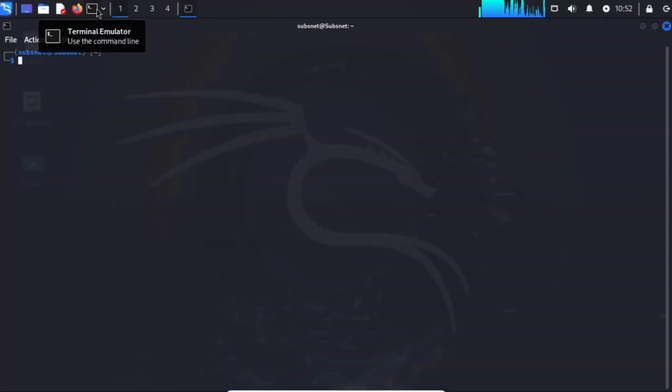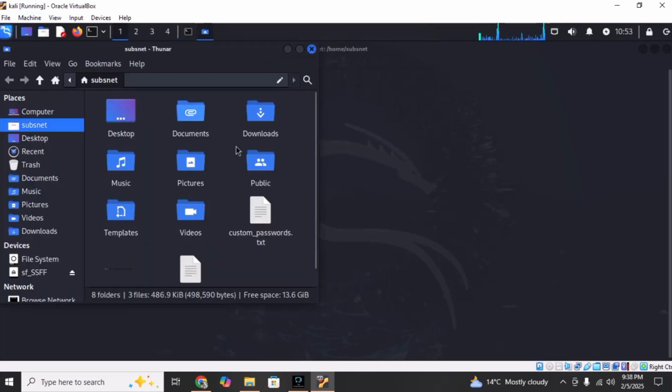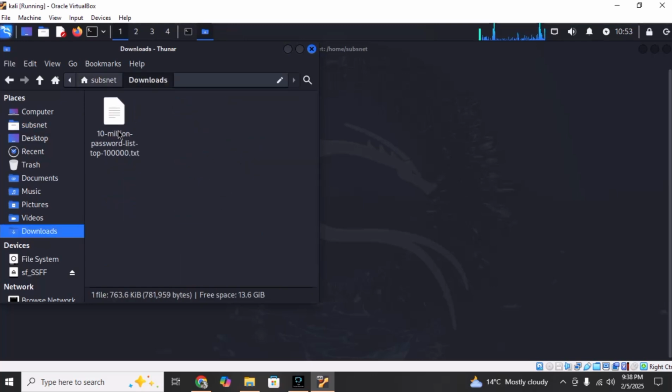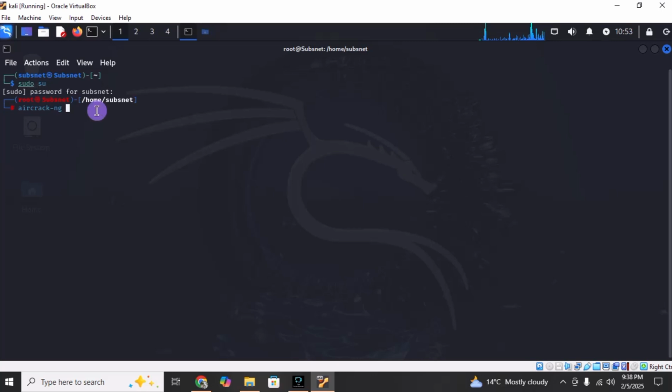So let's go to the terminal and type sudo, give your administrative permission, enter the password, and here type aircrack-ng, and you have to paste the word list that we recently downloaded. It's in the Downloads folder. So just right click on it, click copy, and here paste from the clipboard. And then,